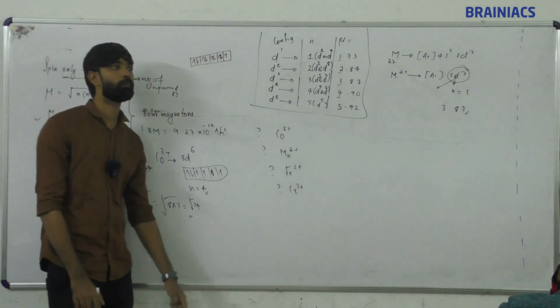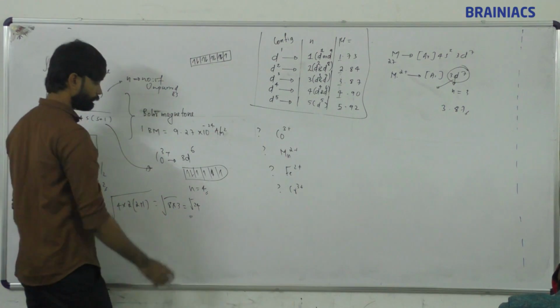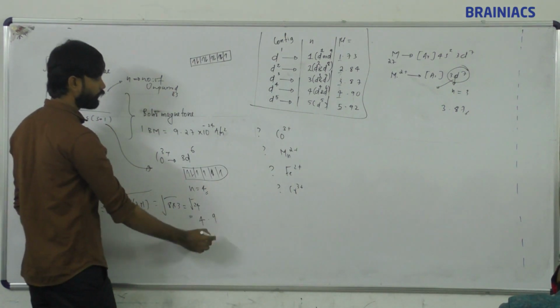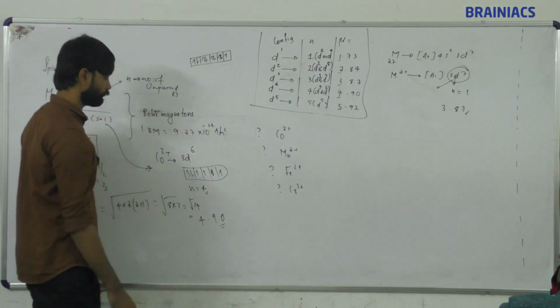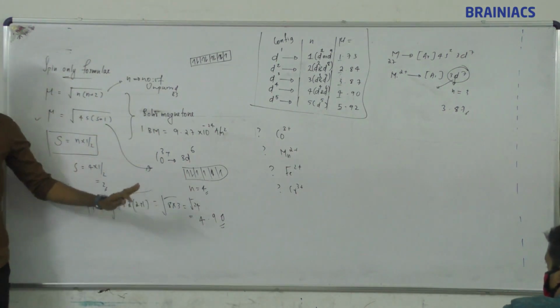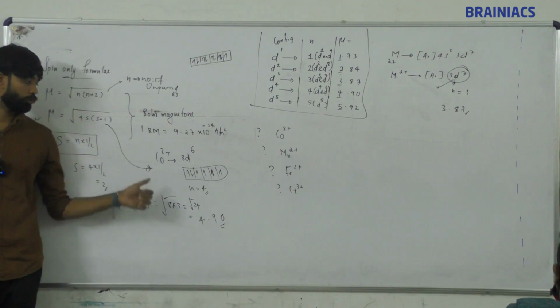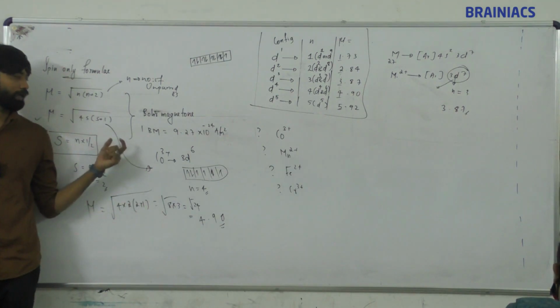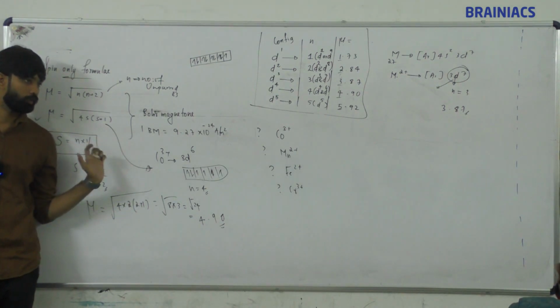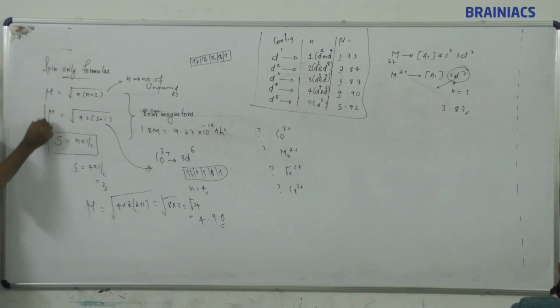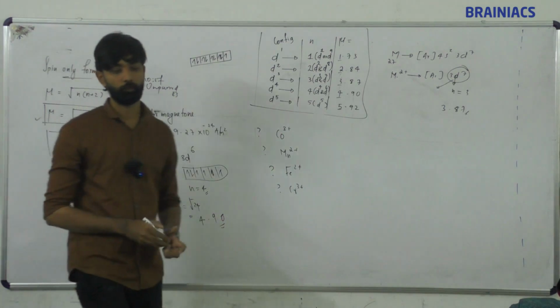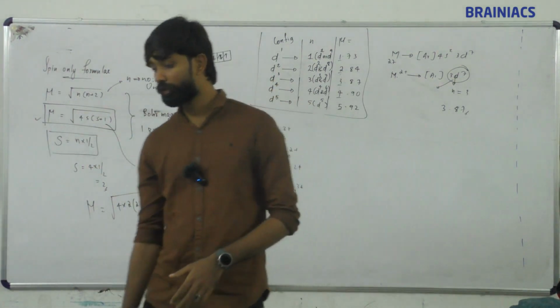Root 24 is 4.9. So then the very same answer. Okay, both are same, so no need of finding the magnetic moment in terms of this equation, but you have to know this is also an equation for finding magnetic moment. Okay. Enough. So moving to the next,